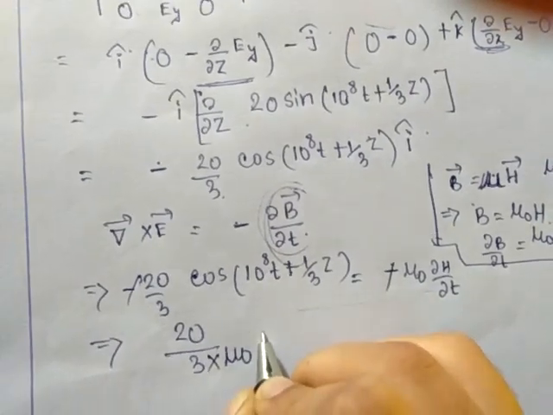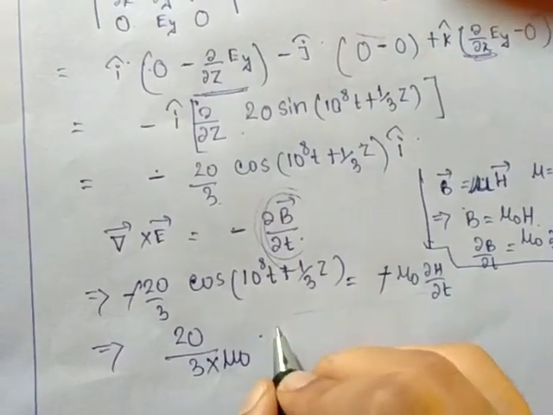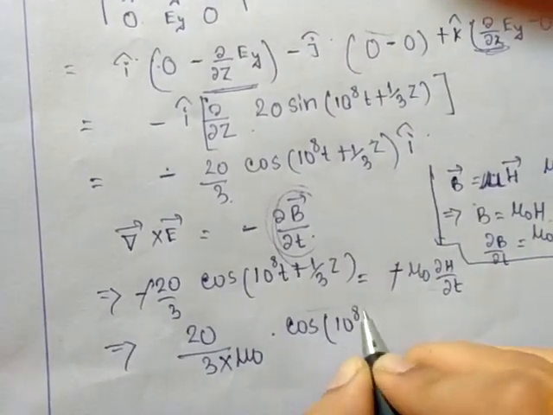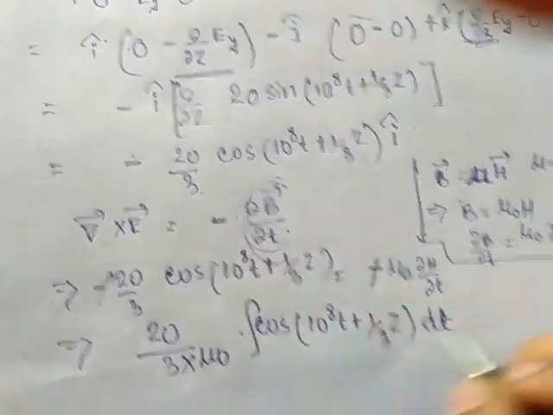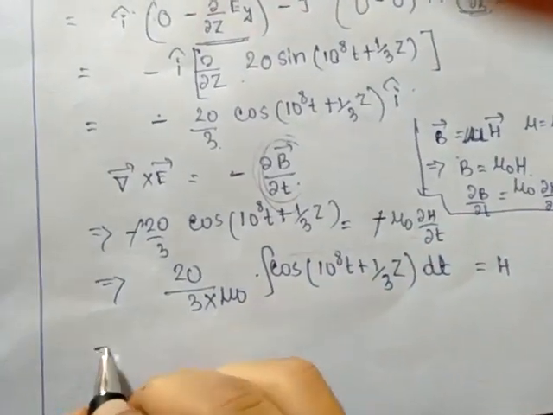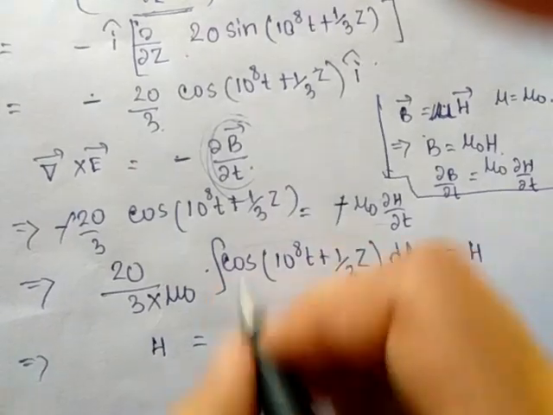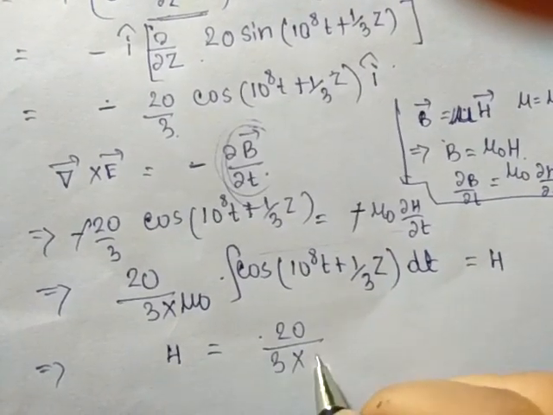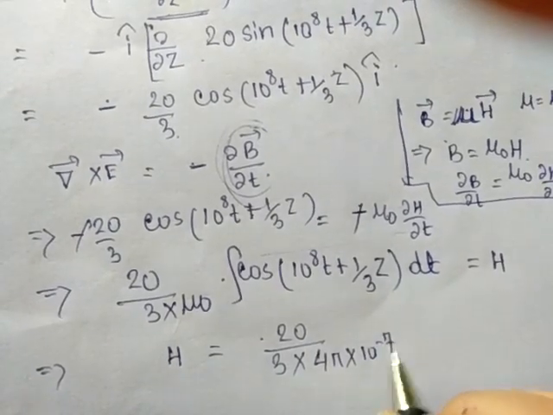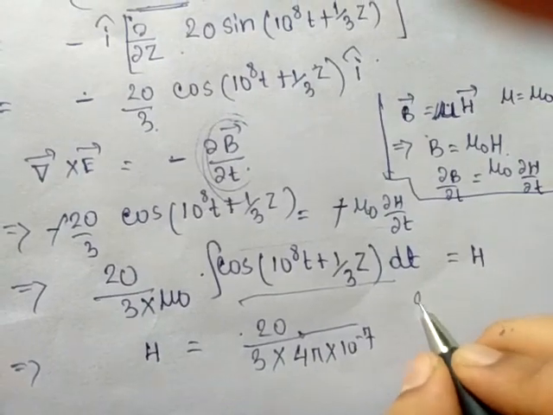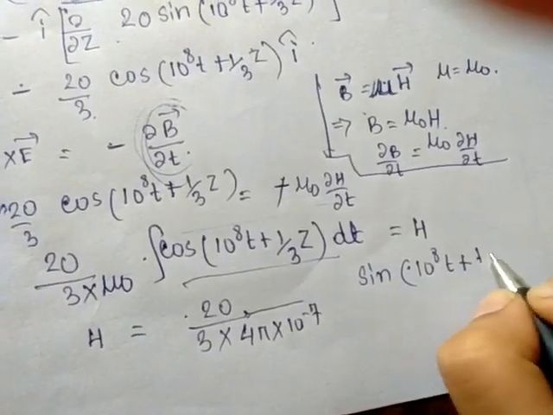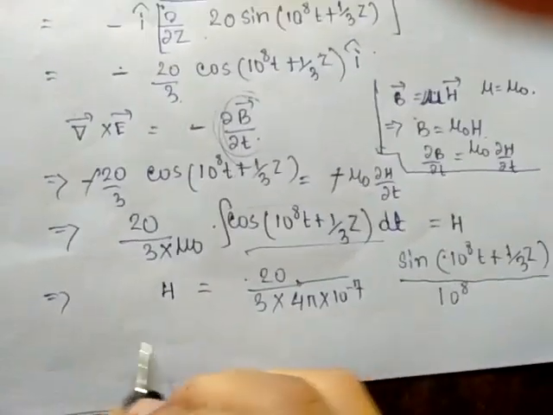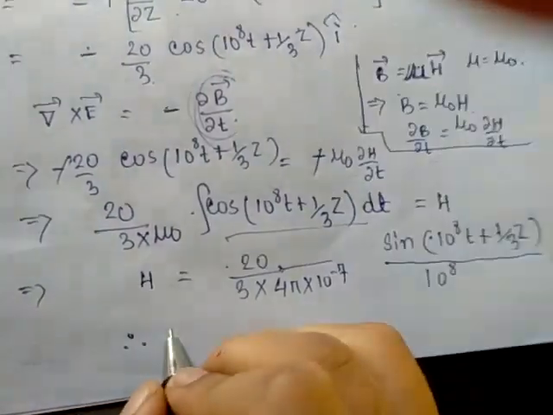Mu 0 cos(10^8 t − 1 by 3 z) dt equals H. Therefore H equals 20 by 3 into 4 pi into 10 to the power minus 7, and if we integrate this, we are left with sin(10^8 t − 1 by 3 z) divided by 10^8. Therefore H will be